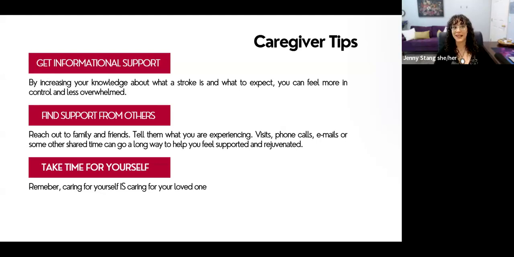Especially, I've talked to several caregivers where their loved one was already experiencing dementia, for example, and then a stroke happens. And so then they have a whole new set of things that they now have to manage and provide care for. And so it's compounding an already stressful situation. So we want to make sure that we are still reaching out to our support networks. We are still getting that respite that we need, so that we can tackle this next leg of the journey as well equipped as we can, right?